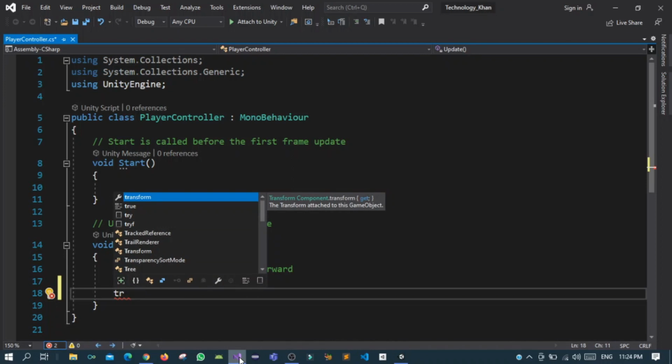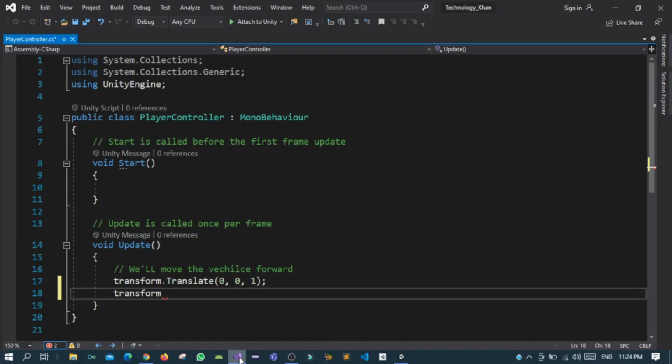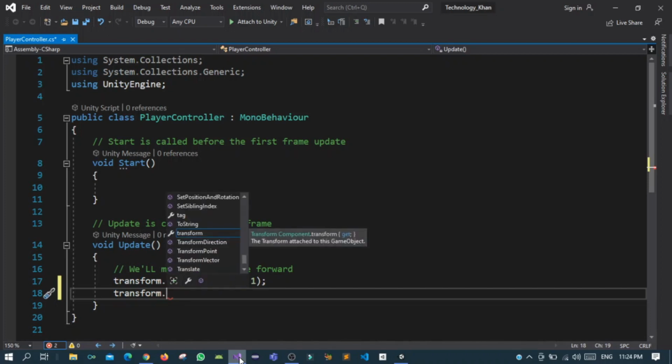it automatically tries to suggest the word that I am trying to type, in this case transform, and I can press enter and it will complete that word for me. Now if I type dot or full stop, you will see that my IDE suggests all of these different words,